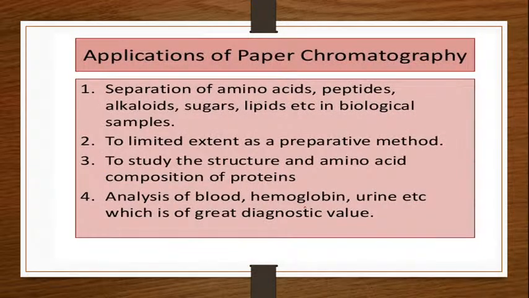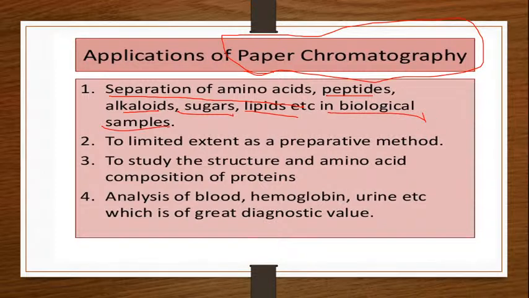So the last part of paper chromatography is applications. Though paper chromatography has been more of an academic application, it has still been widely used for amino acid separation, peptides, alkaloids, sugars, lipids, and biological samples. If you have any biological sample, it may be sera, plasma, or blood, the amount of amino acids, peptides, alkaloids, sugars, and lipids present in it can be determined or separated out by using paper chromatography